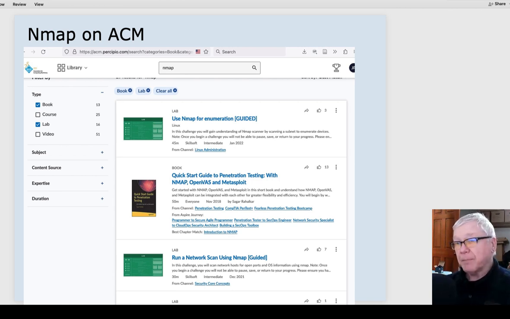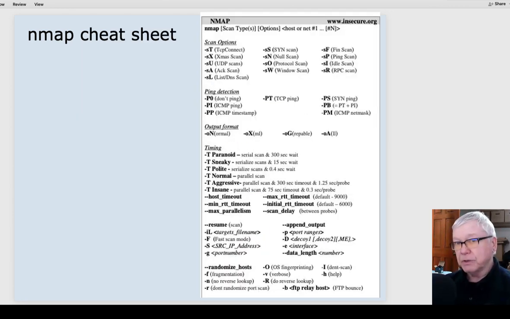There's a lot on Nmap on ACM to read and go more deeply into it, both with books, courses, labs, and videos there. This is a very deep subject. It is very strong, very useful, and we're only getting just a teeny little bitty taste of this. The Nmap cheat sheet, which is in the Week 6 Lab Docs folder, has a lot of cool stuff with various scan options, a couple of which we'll use here. Timing from sneaky, very slow, maybe won't get seen, to polite, normal, aggressive, paranoid, and insane, which we'll talk about a little bit in a couple minutes here.